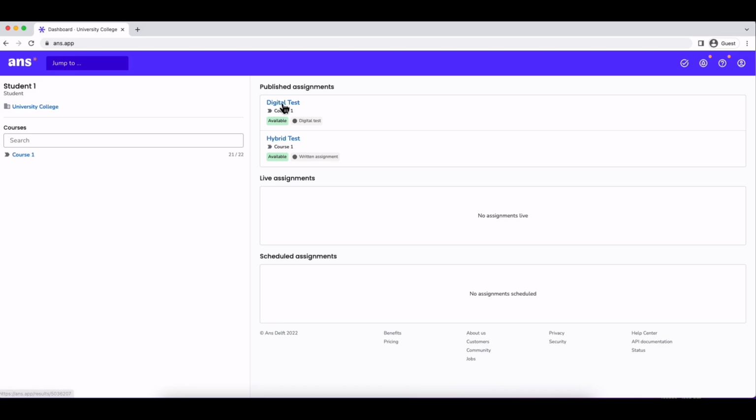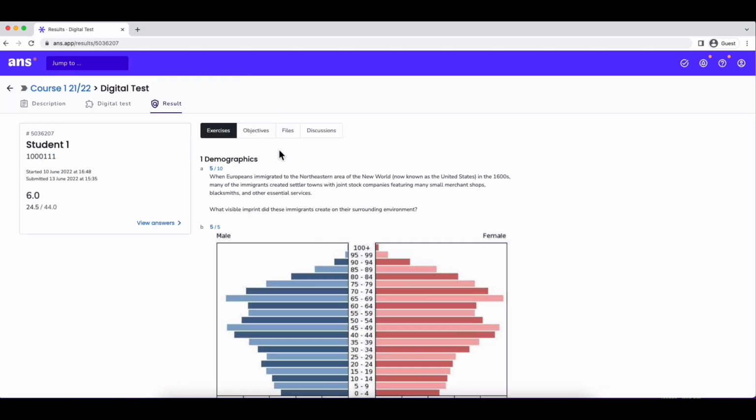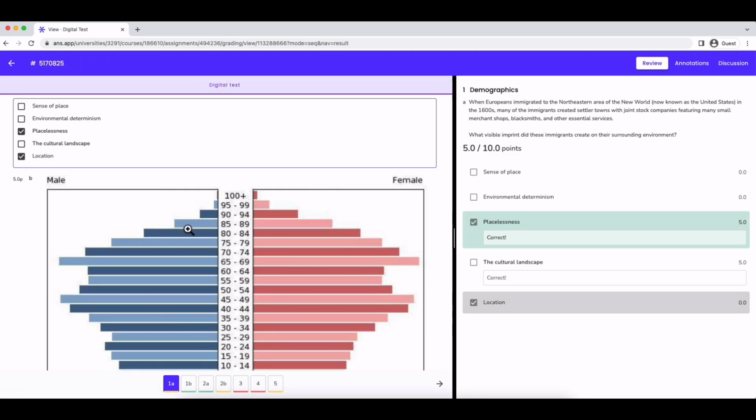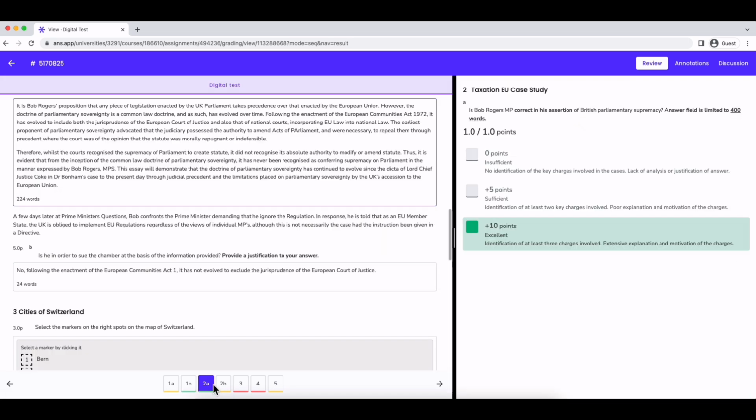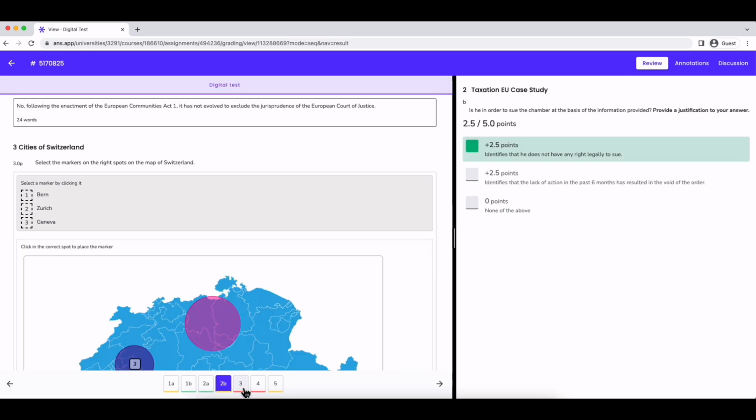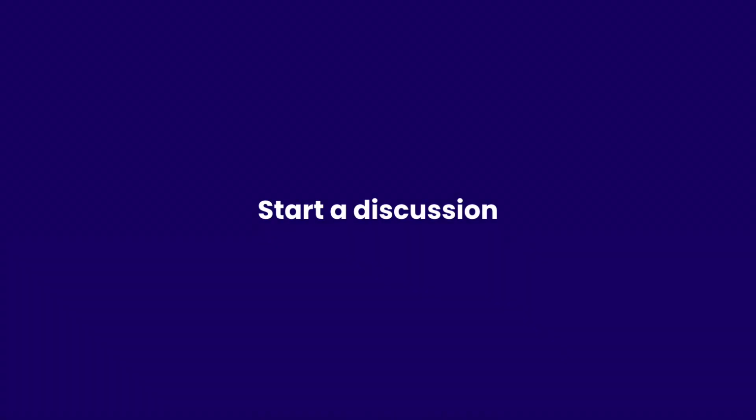Once you can access your final grade, you can start looking at the teacher's review. You get an overview of the points per question on the first page. But you can also get more details on your grade by clicking on View Answer. Here you can see exactly which criteria you met from the grading scheme. You can also see comments left by the teacher.